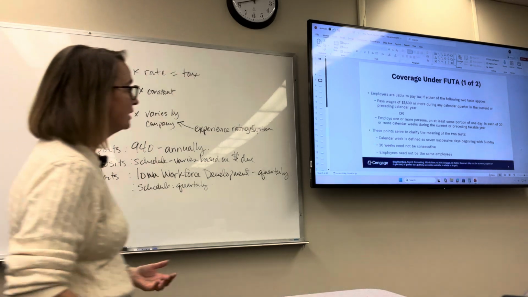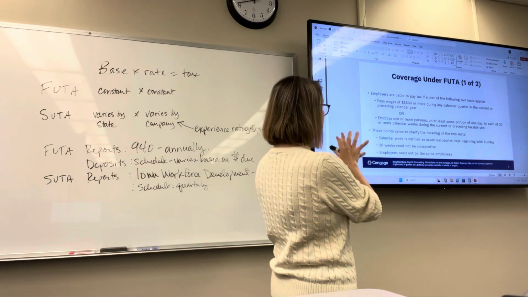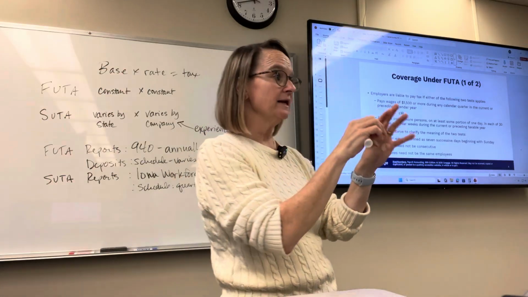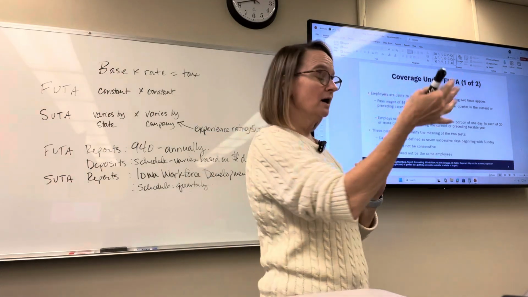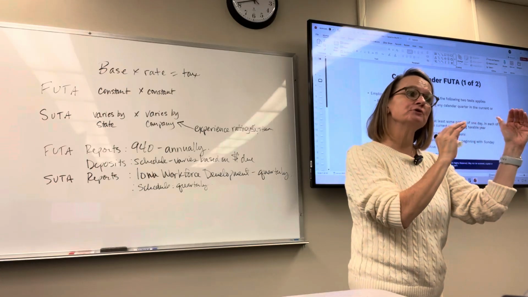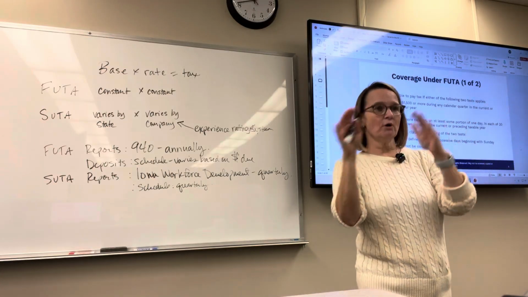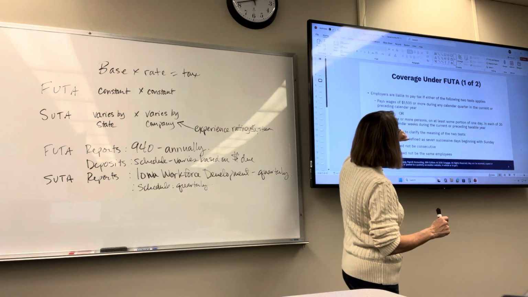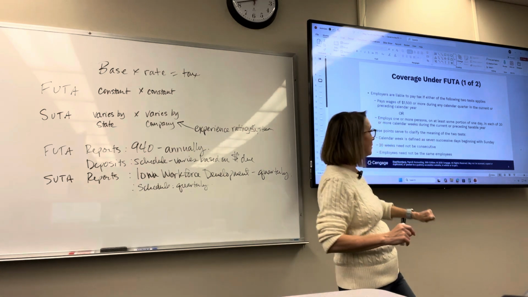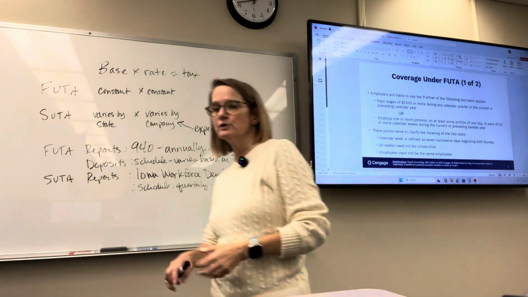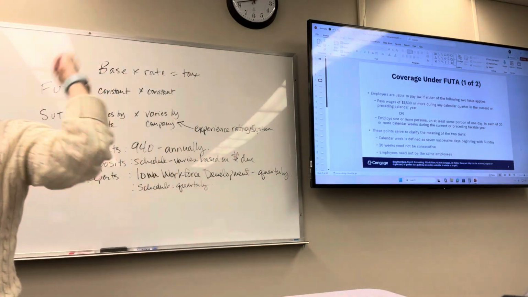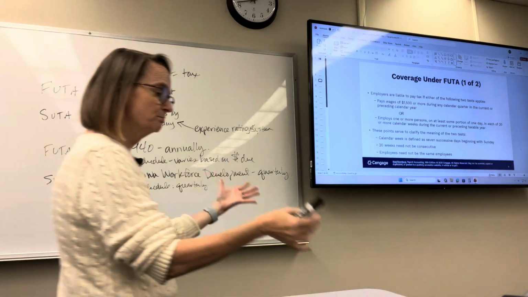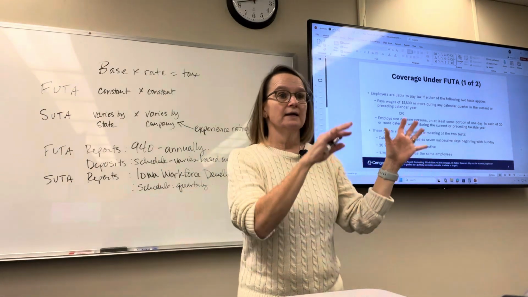So who is covered under FUTA? Well, actually, this is for what employers are required to participate and pay the tax, the FUTA tax. And for the most part, if you have to pay FUTA tax, you also have to pay SUTA tax. So employers have to pay this tax if they pay wages of $1,500 or more during any calendar quarter in either the current year or last year. So that's a pretty low bar, right? $1,500 per quarter, and that's wages, not taxes.